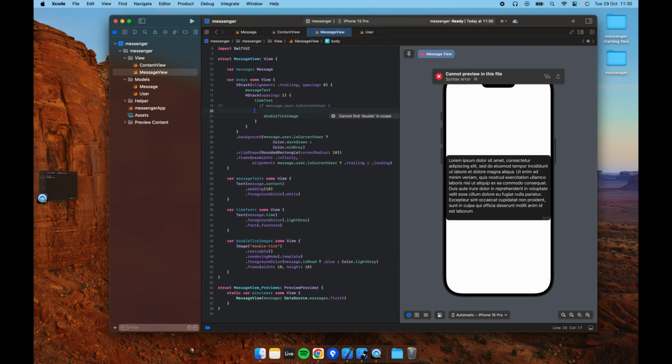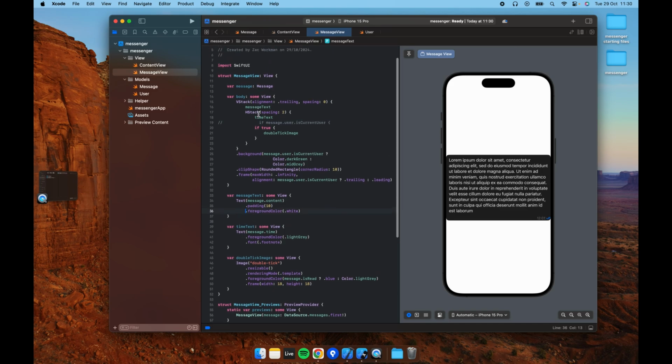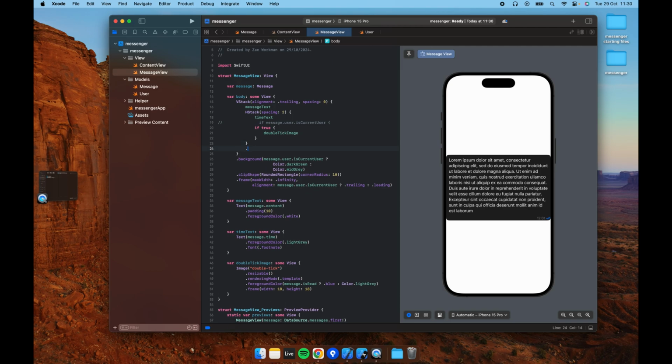For now, let's just change this condition to if true, just to force this. There's a red indicator on the screen right there, and you can see already that the body is a lot more readable now that we've broken this stuff out. So let's just set some padding on this stack view here that we've just created, this H stack. If we go down and set padding, let's set it for trailing and leading